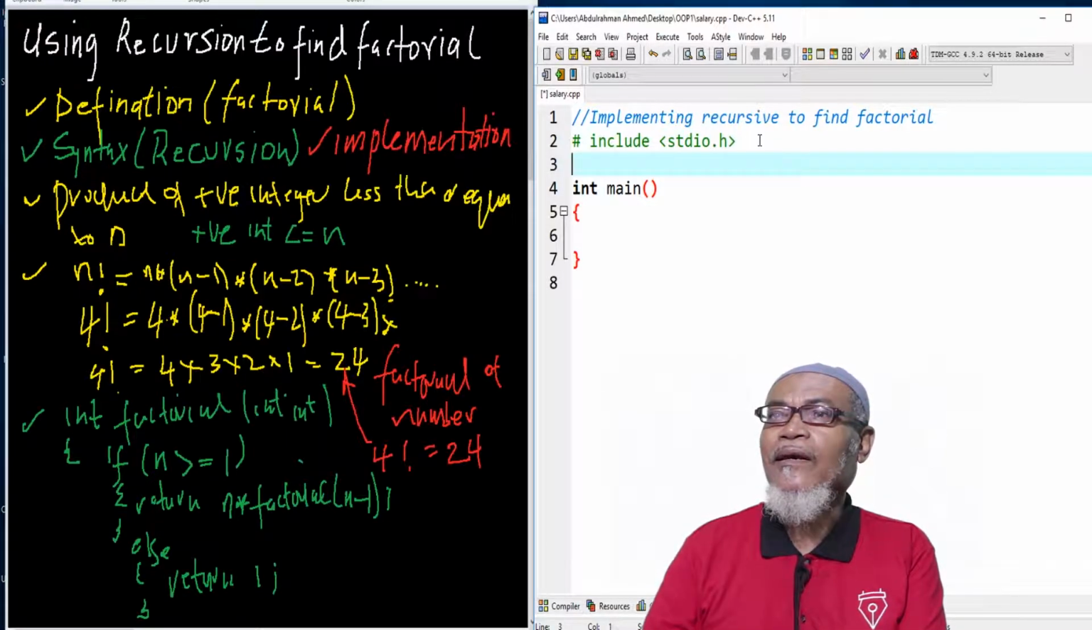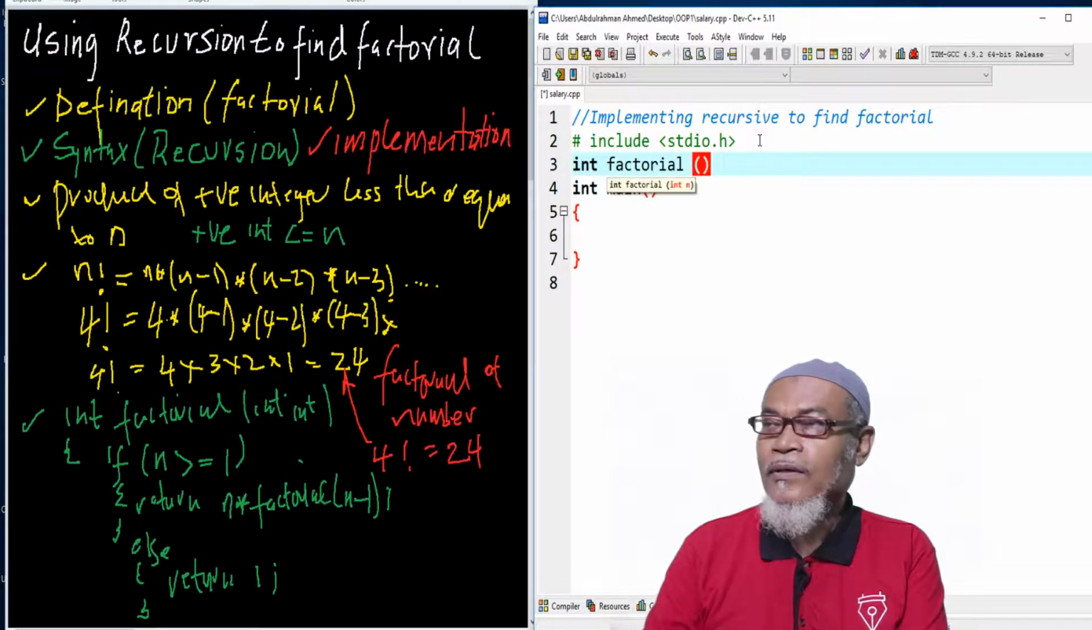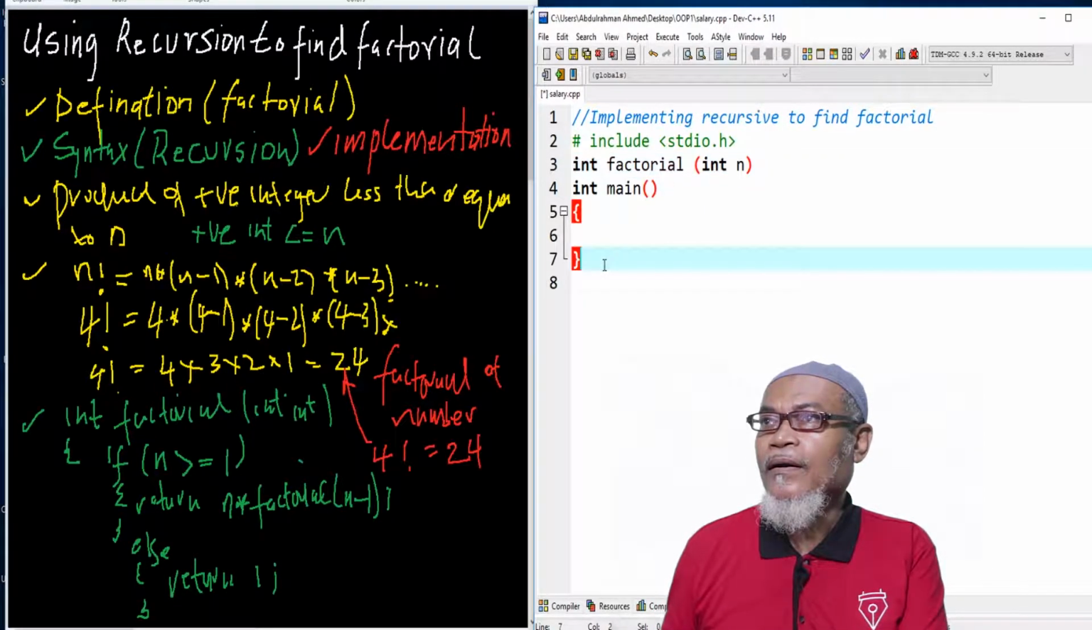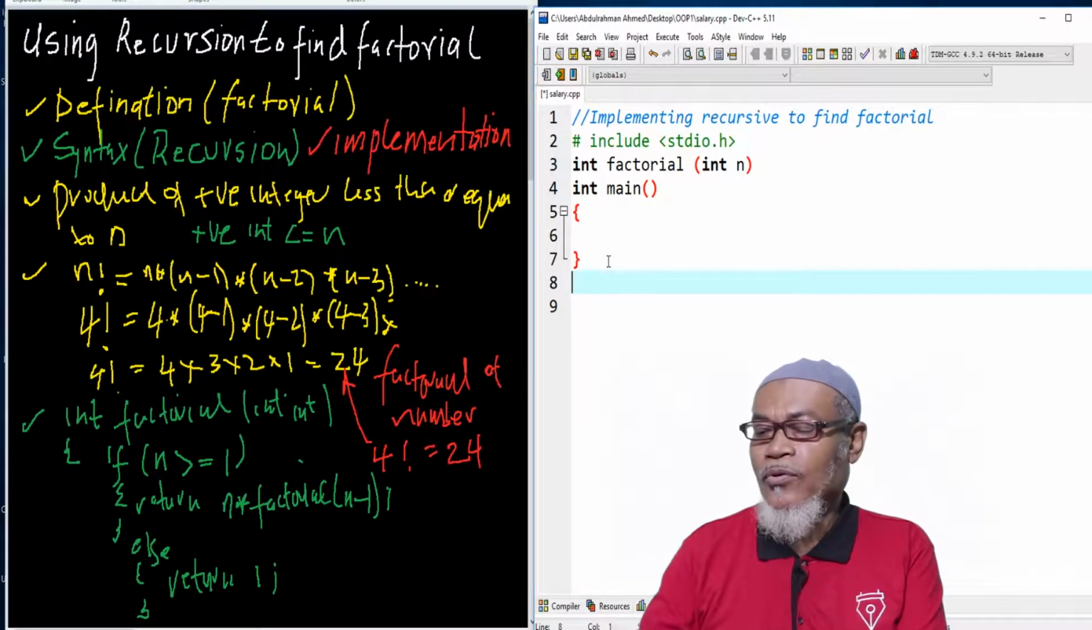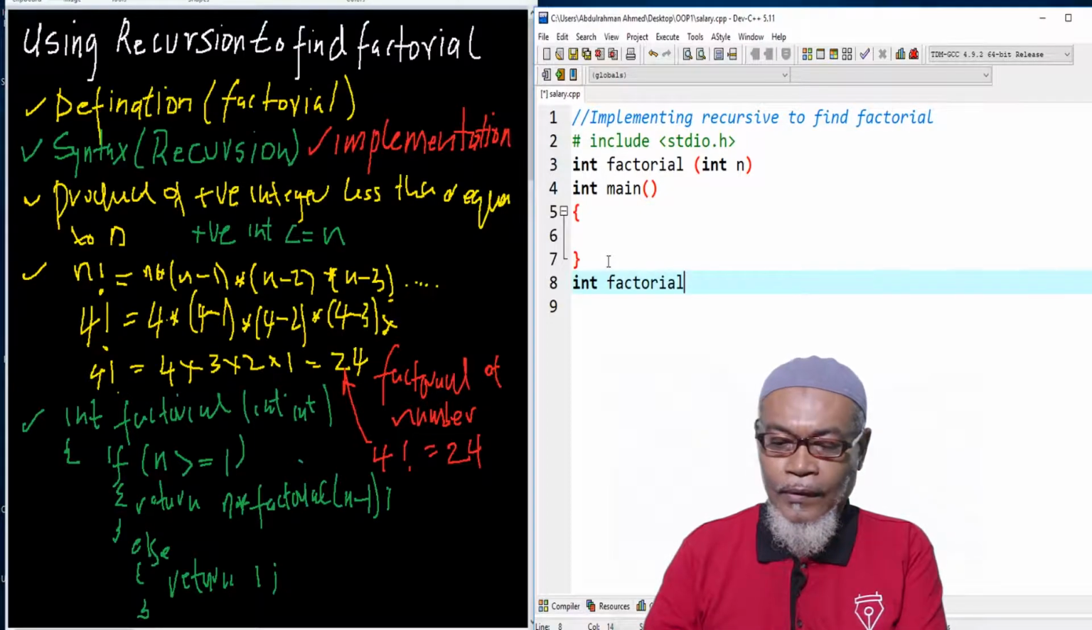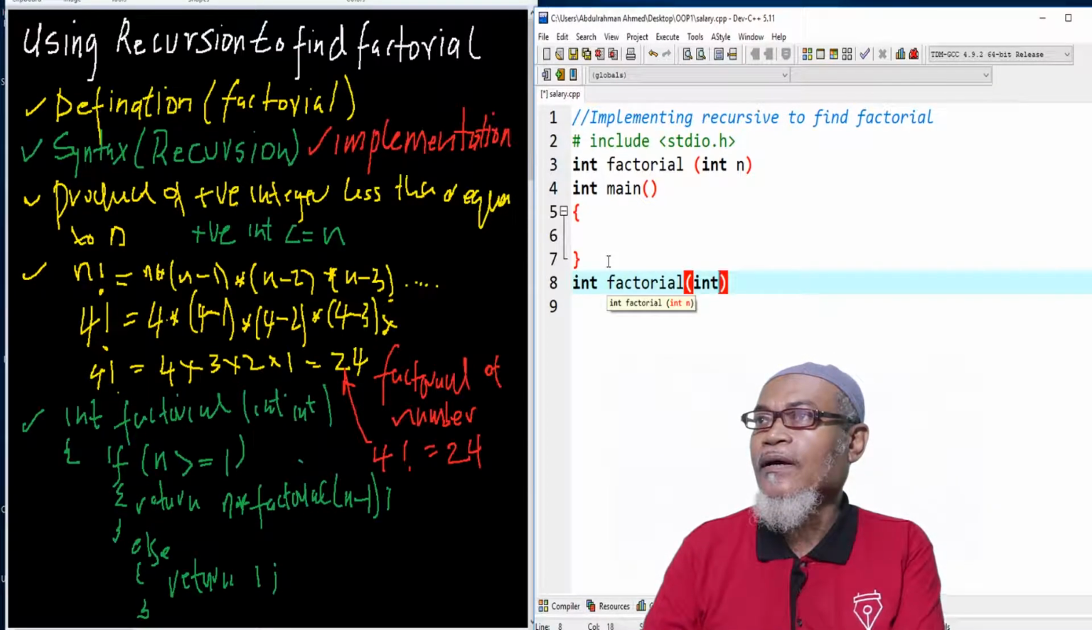Here we are going to have our function declaration. So we have got int factorial, and it has to take up an argument. It also has to return a data type. So here we'll have our int n, and then at the bottom we are supposed to define it, so it will be int factorial, which takes int n,